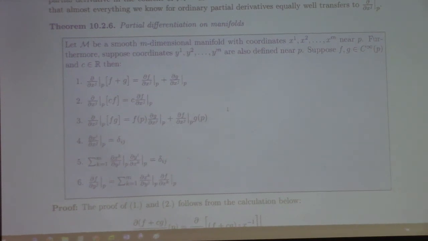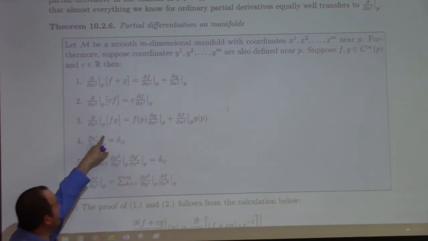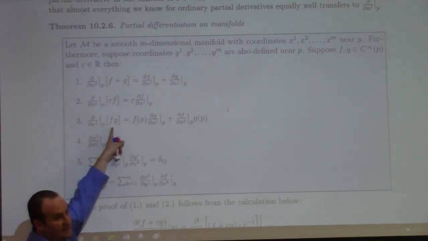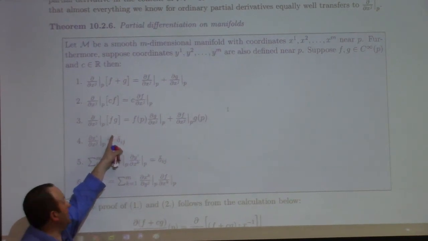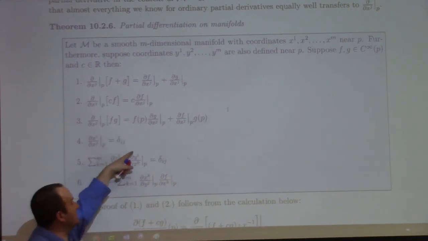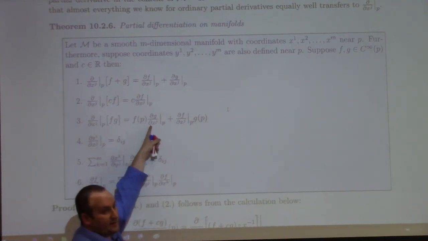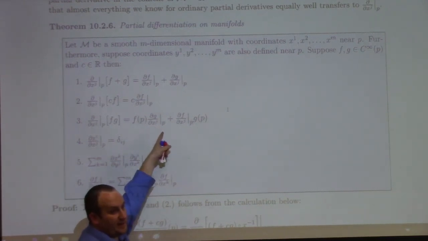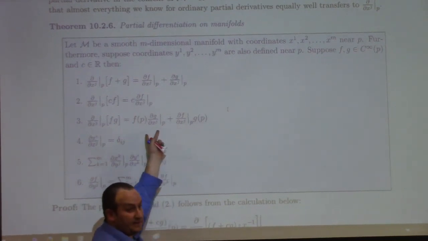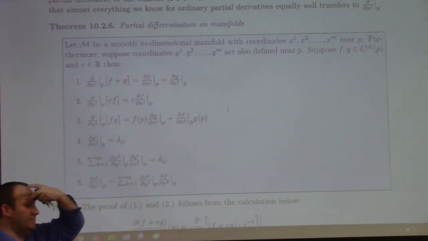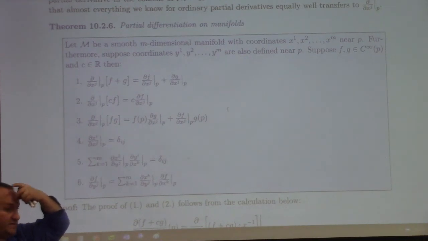Well, the power rule is going to follow if we take the function to be the coordinate xi. Like xi times xi would be xi squared. This would give you xi partial xi plus partial xi, which gives you 2xi. So we get the power rule for integer powers from the